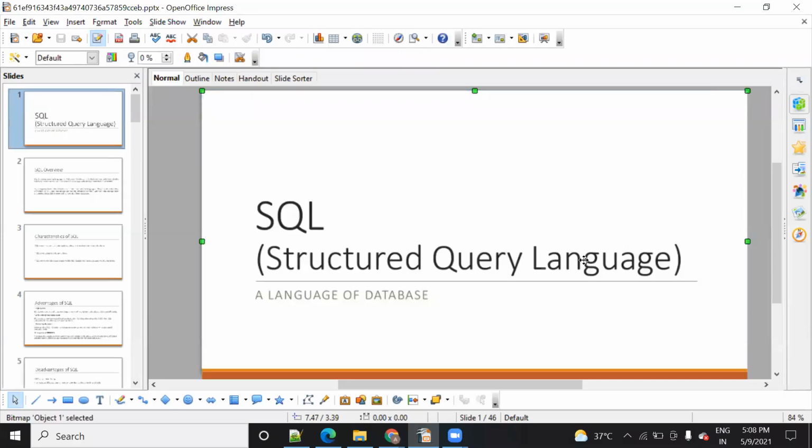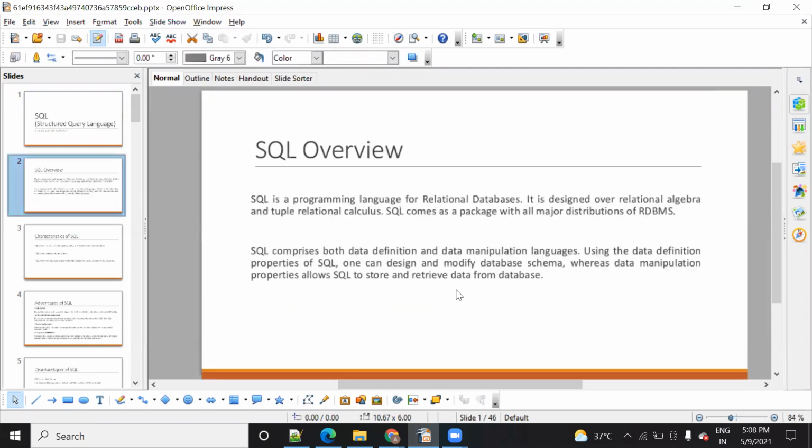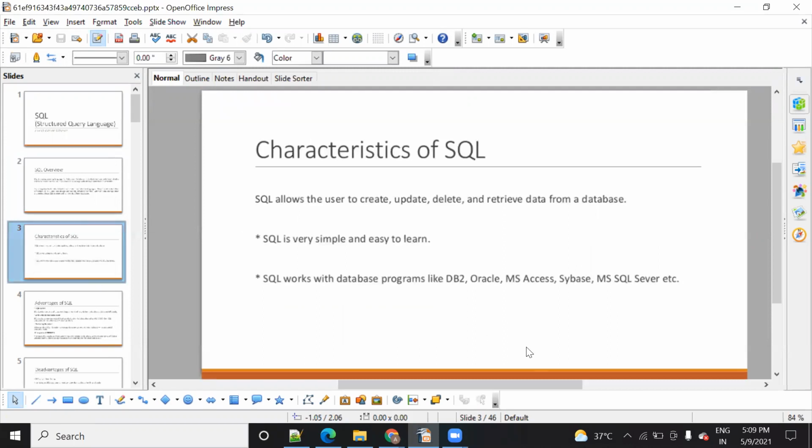So as we have already seen in the last class, the basics of SQL, right? What is SQL, and it's a relational database, and what kind of different databases we can use, right? Like Oracle, SQL, and MySQL, SQL Server. So these are some software, and we have seen some databases.